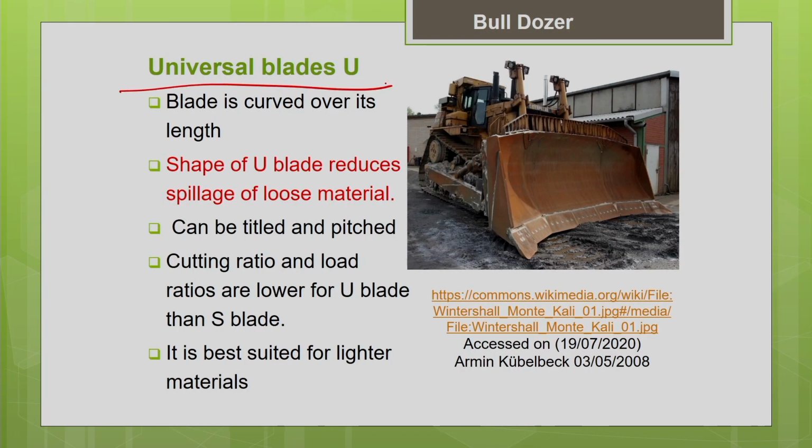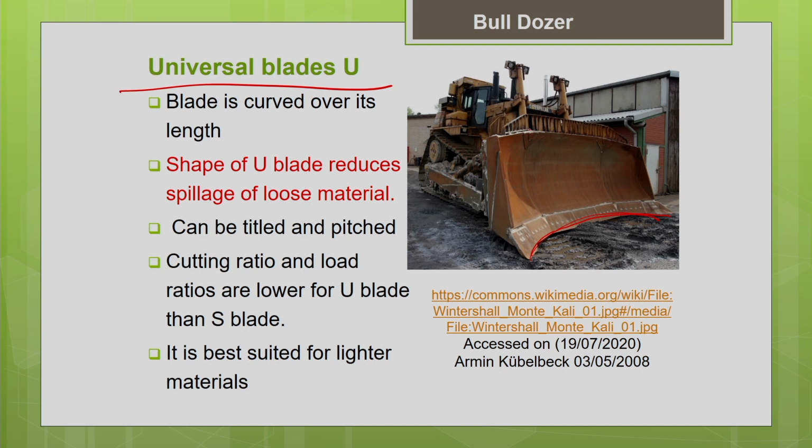Universal blade, U blade. Okay, this is what I mentioned a little bit earlier. This blade has a curvature in the horizontal plane also, and all the blades have the curvature in the vertical plane. In addition, these blades also have the curvature in the horizontal plane. So you can see the curvature in the horizontal plane in the form of a U. So what is the purpose of this U? So that I can contain the material within the blade. These are generally larger blades. Okay, their dimension is very much bigger when compared to the straight blade.